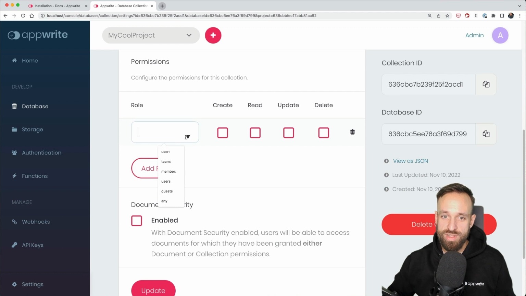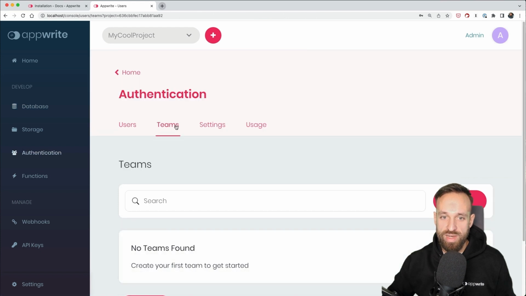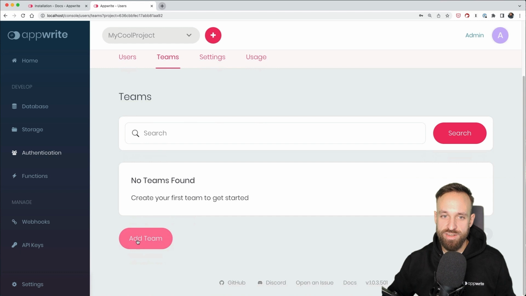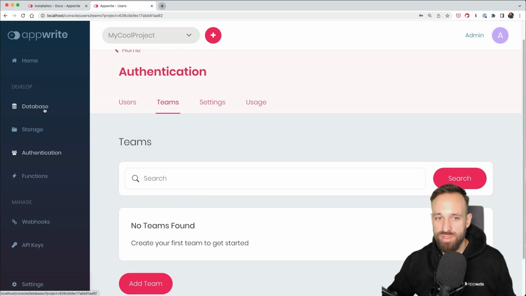However, I want to do this for all users. I don't want to do this for guests or other members or teams. I think we could define the teams right here. So under authentication, I could create teams, which means we can have quite complicated setups for the security logic, which